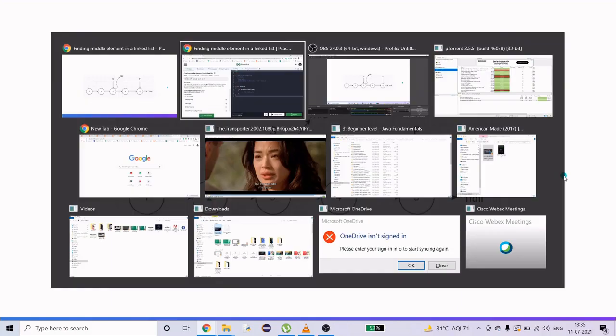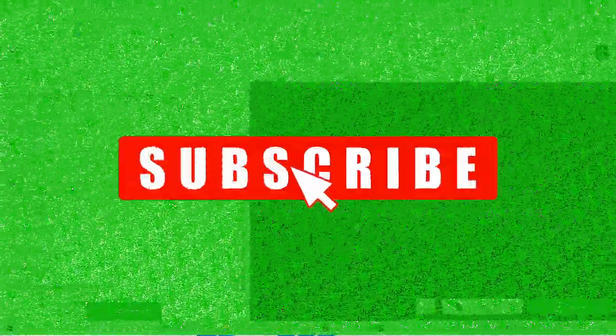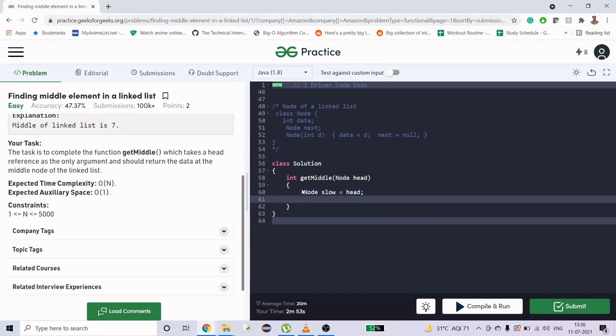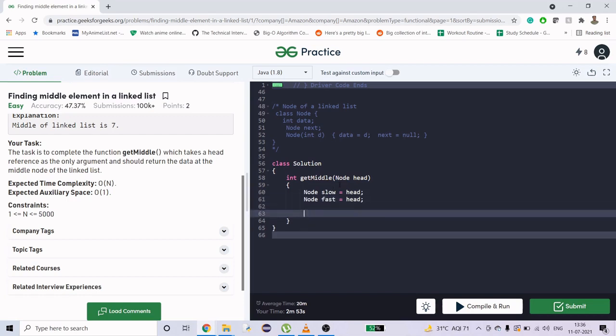Now let's see how we can do it in the code section. Again, I just need to create 2 pointers. Slow, initialize it to head. Then I'm going to create another pointer fast, initialize it again to head.